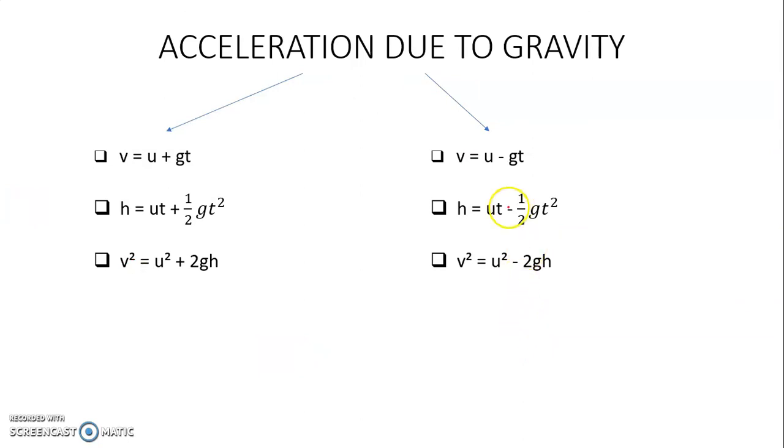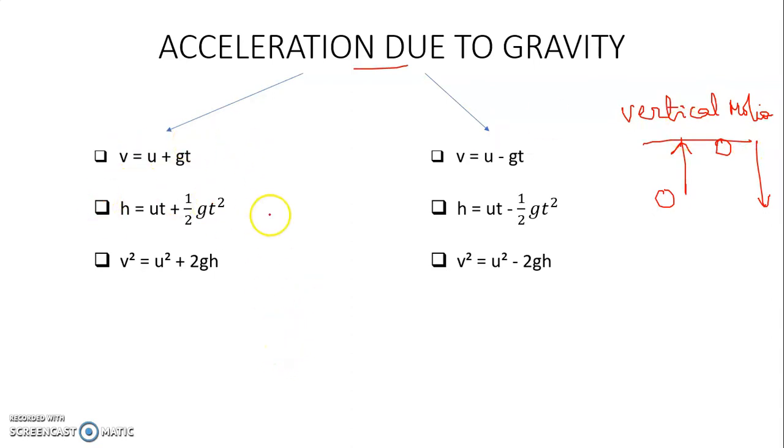Now coming to the last topic of the day, that is acceleration due to gravity. Now students, when an object is moving up or moving down, that means whenever there is a vertical motion, then we write the equations of motion in this way. I'm explaining you this, don't worry about that. Suppose the body is coming downwards, so it is falling under the acceleration due to gravity. So here A will be equal to G, right?